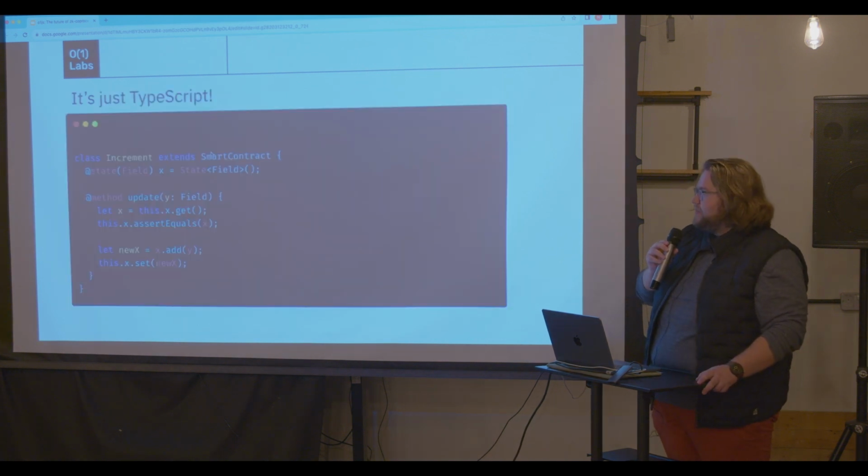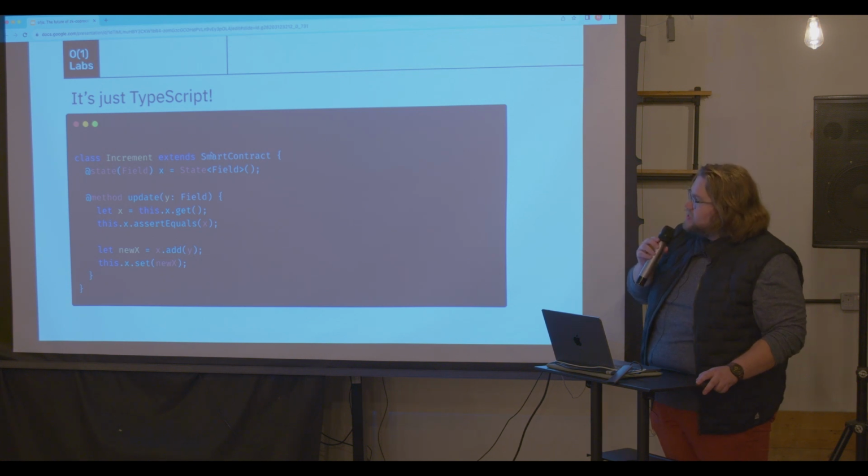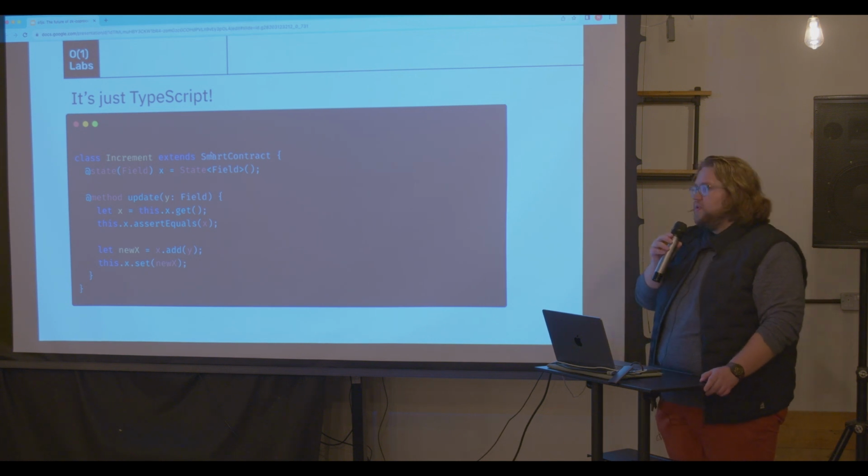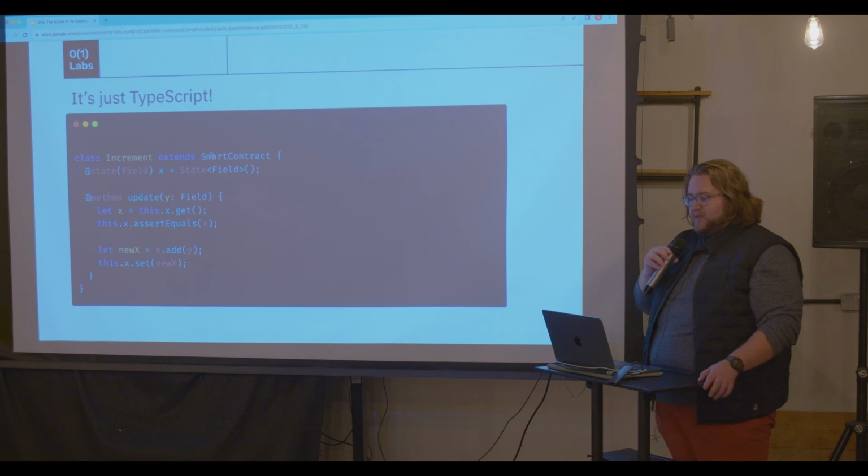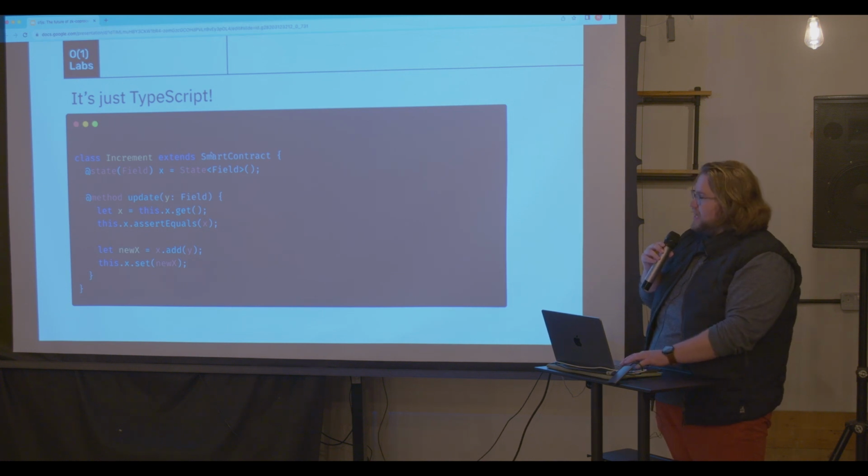And yeah, like I mentioned, it's literally just TypeScript, nothing else. Here you can see an example that's specifying a smart contract, which is simply storing a field element on-chain and incrementing it when you invoke the update method. You invoke the update method, generate a proof, send it to the chain, and then you get your smart contract behavior on Mina, which is very efficient. I think it's a very interesting concept and very powerful, especially when it comes to privacy-preserving